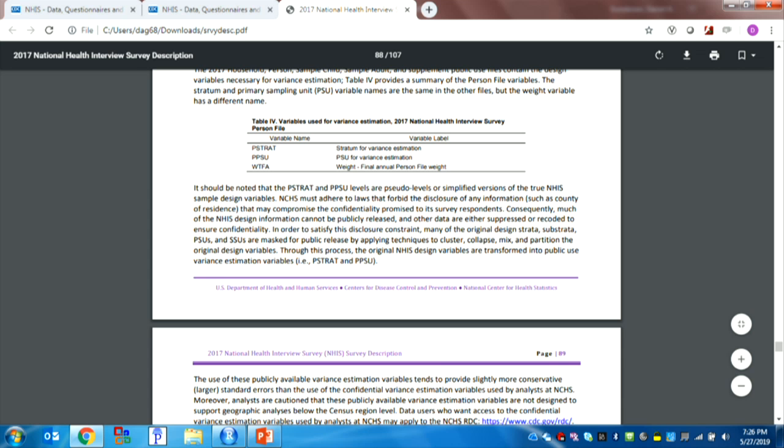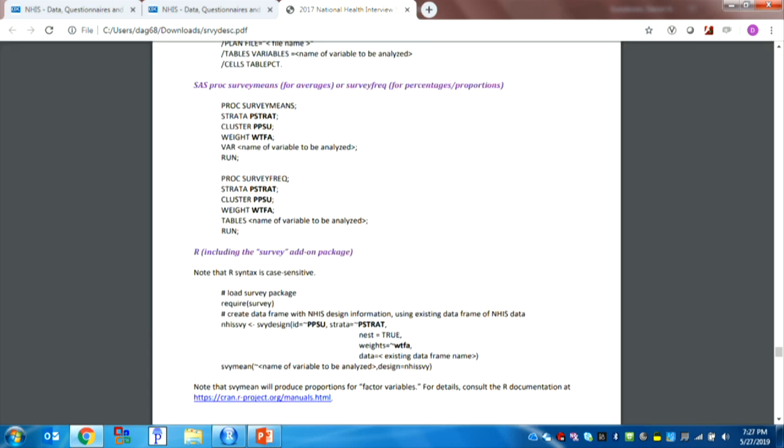And then you have the weighting variable, which here is listed as the final annual person file weight. But like I showed you a couple of pages before, depending on which population you want to make inference or what unit you want to make inference about, you might need to use a different weight. And so you have to process the information in the data document and the data dictionary to figure out what the correct variables are that you need to incorporate in your analysis to get unbiased estimates of both the variance and the point estimates. And a lot of the national data sets have examples of how to specify this in your